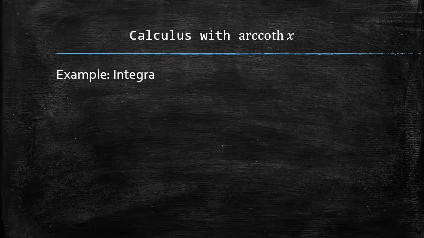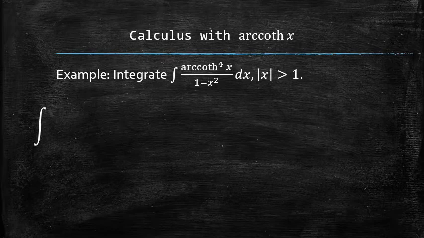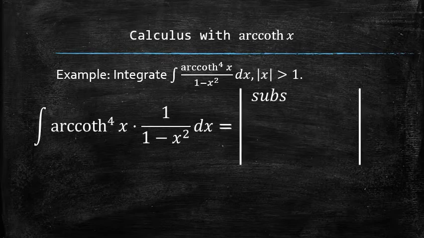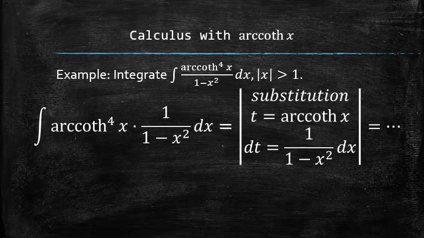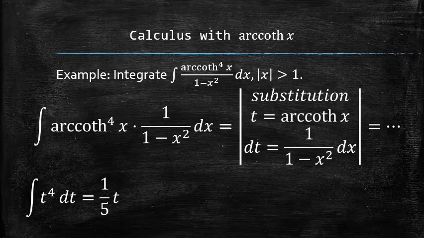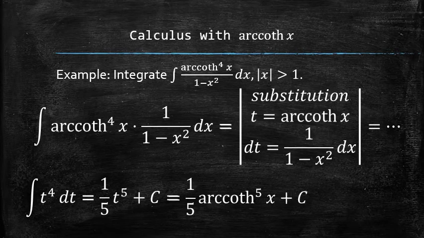Let's do an example of an integral. We first recognize the pattern and rearrange the integrand. Then we set up the substitution by setting a new variable, let's say t, equal to the hyperbolic arc cotangent, and finding the differential of t. Next, we plug everything into the original integral, and notice how, because of the discovered pattern, we have nothing but the function of t left in the integral. We finish the process by finding the antiderivative and plugging the original function back for t.